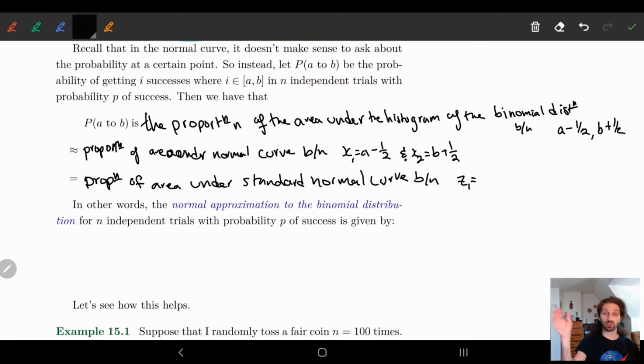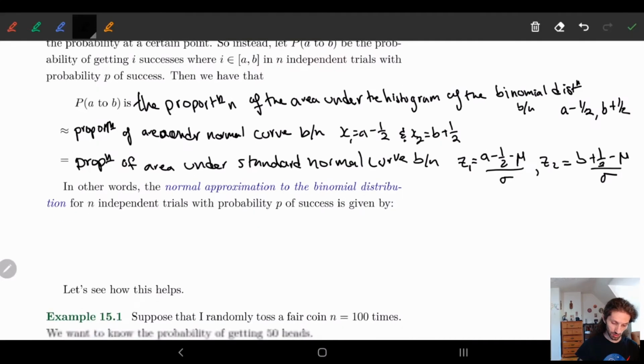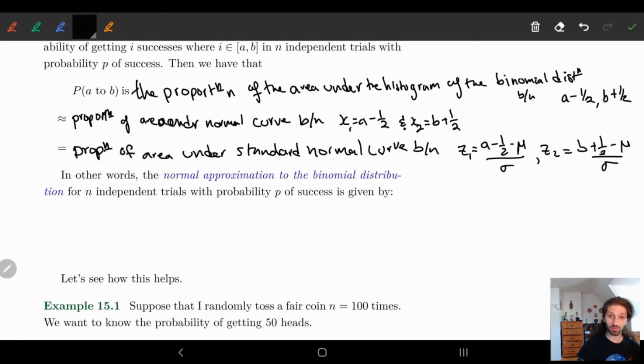Normally we have to subtract off the mu and divide by the standard deviation. So we have z1 = (a - 1/2 - mu) divided by sigma. Sorry, not plus, minus mu. And then z2 is (b + 1/2 - mu) over sigma. Now what this means is that the normal approximation to the binomial distribution can actually just be given by our